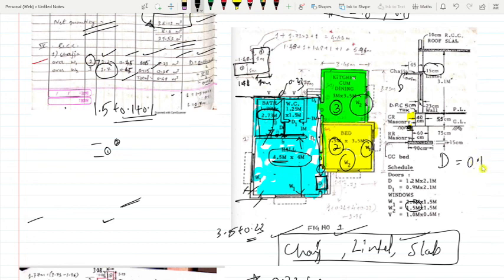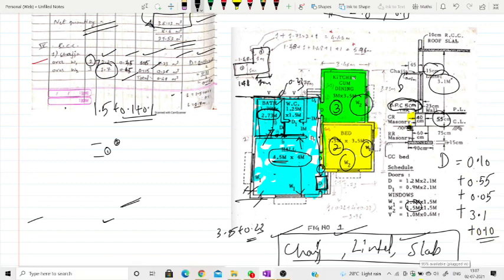Like take 0.10, again 0.55, that is 55 centimeters, plus 0.05 because they have given a 5 centimeter thick DPC layer. Again plus 3.1 meter floor to slab height, and the roof slab is again 10 centimeters thick. So got it?